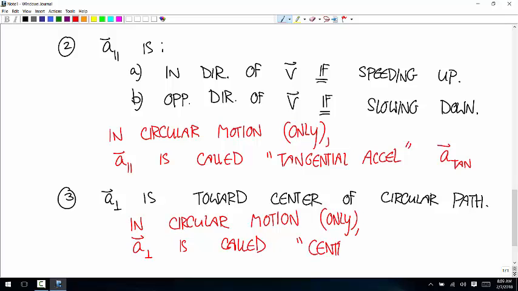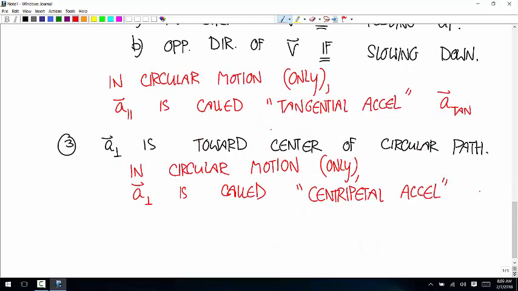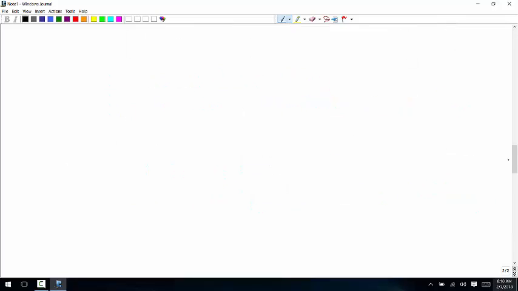That means towards the center. And we'll call that A-cen. Okay, so as an example,